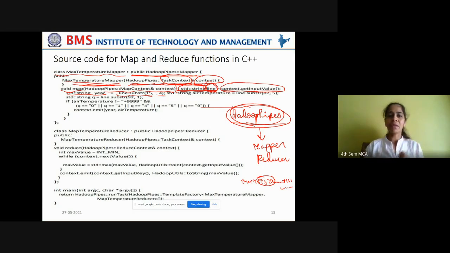The substring is captured and stored in year. And in the same way, capture the air temperature also from the substring 87, capture all the 5 characters and store it in the air temperature string value. Okay, still we haven't converted it into an integer. You are just storing it as a string value.